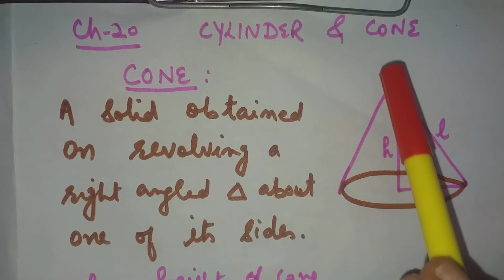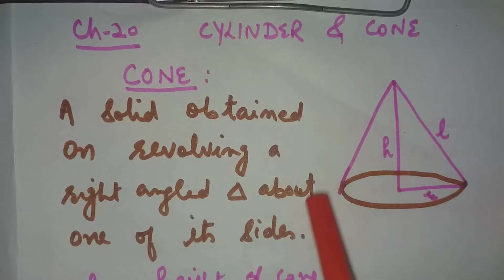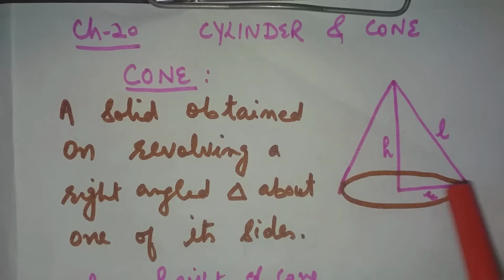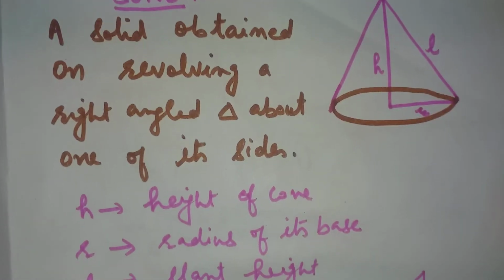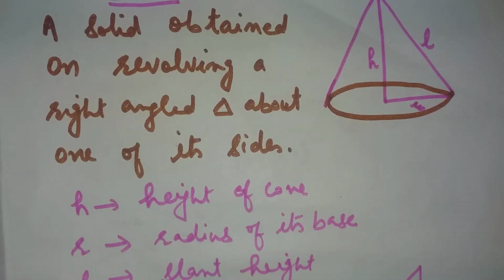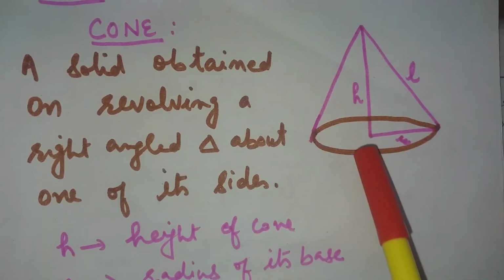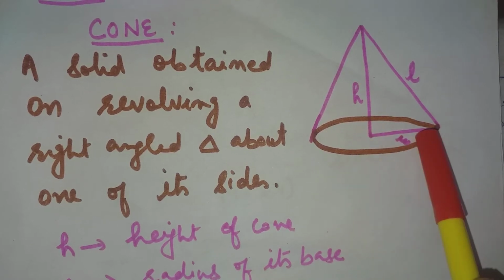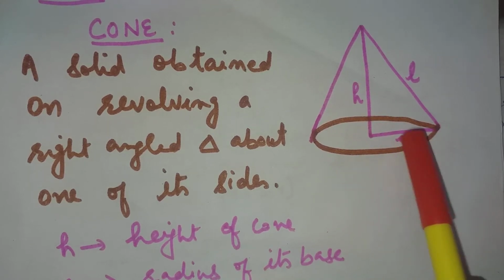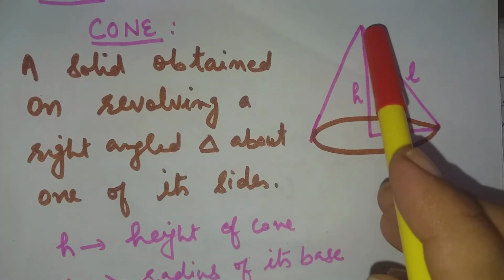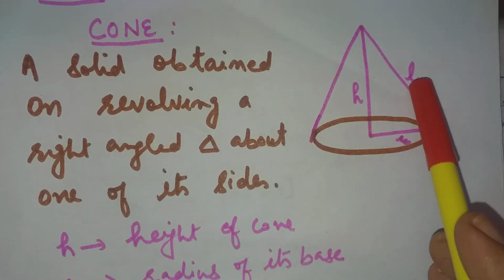It has straight lines with a circular base, right? So it too will have its curved surface area and total surface area, which we will calculate separately. Now I want to tell you about the dimensions we will use for questions related to cone. It has a straight height. It has the radius of the circular base. R is the radius, H is the straight height, and this L is called the slant height.